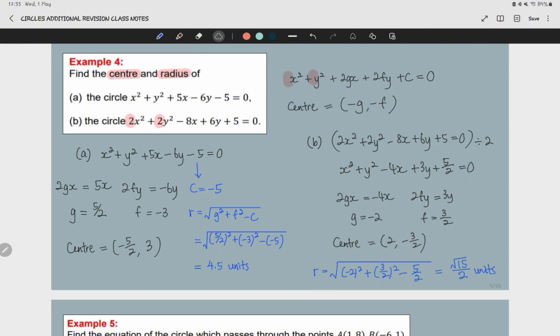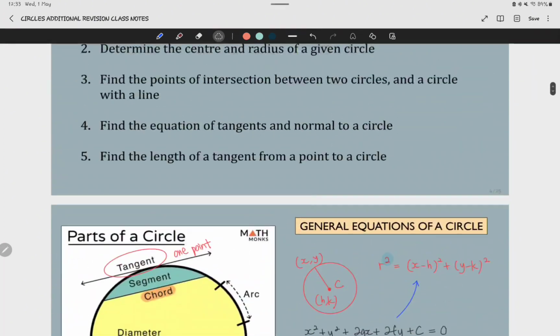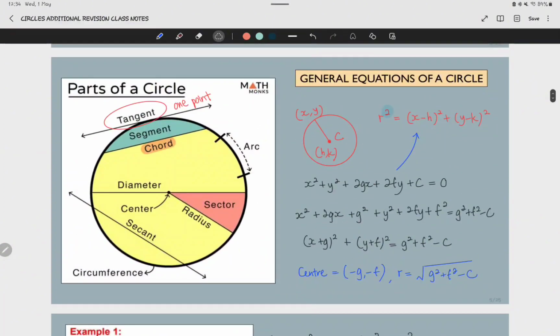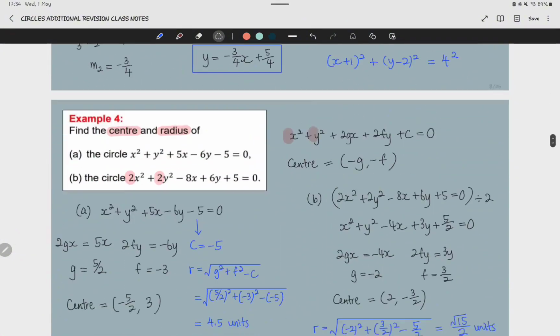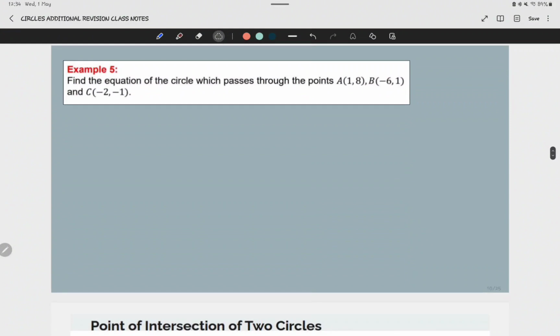Just remember that. Regarding the derivation, which I mentioned just now, the earlier ones, you can try to practice with the derivation so that you are familiar with how to complete the square. So you can try that on your own. I did mention a few just now. Okay, now